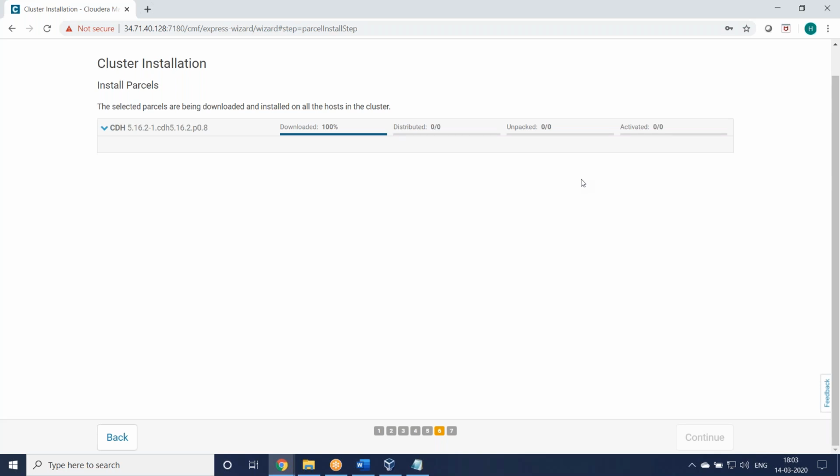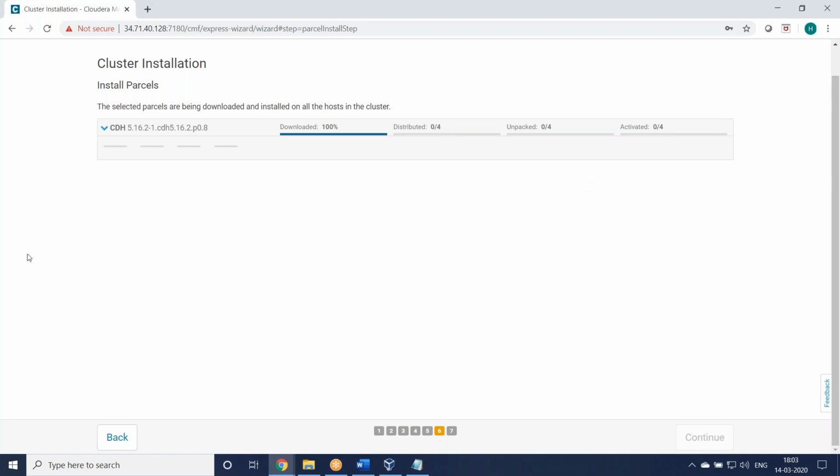So in Apache Hadoop, what did we do? We were running the clush command, right? The clush command means it is moving to all the servers at a time. Here also, through the web UI, in the backend they are using the clush command only. We have given the IP address of the machines, right? So it is moving using the clush command only. But there is no need to go to the backend.